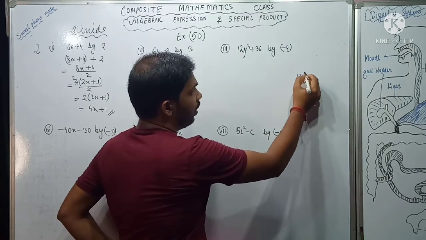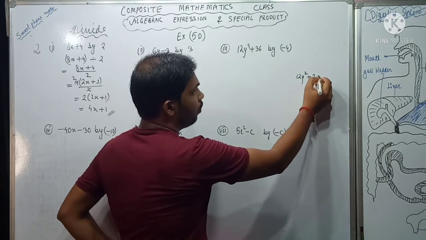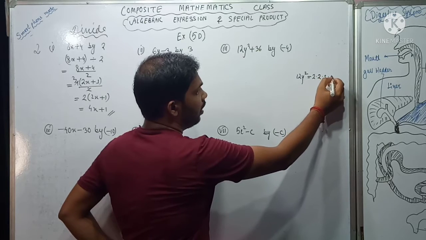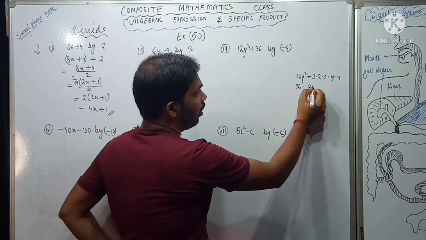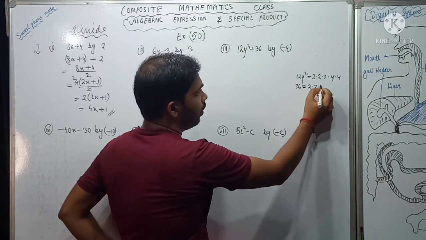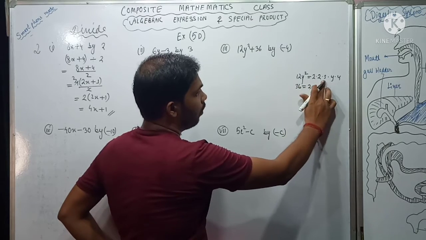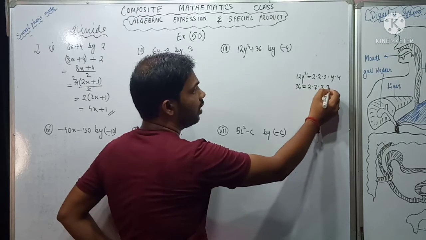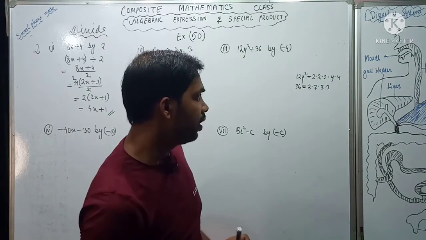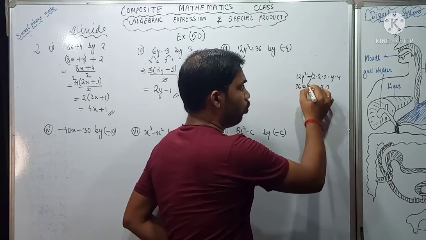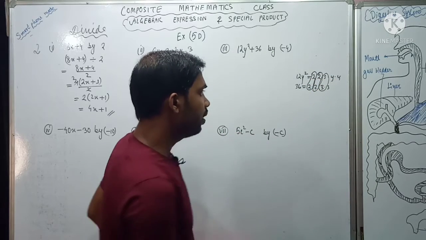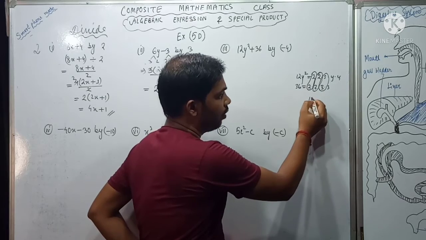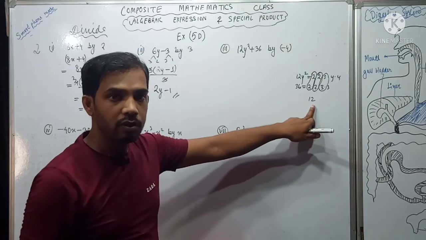Next you see, now what common is coming out you can find out. So it is 12y square. So you can write 2 into 3 into y, and this is 36. So 36 you can write as 2 into 2 into 3 into 3, 2 2s are 4, 4 3s are 12, 12 3s are 36. Now you see what common is coming out. So you see 2 is common, 2 is common, 3 is common. That means when you multiply, 2 2s are 4, 4 3s are 12. That means 12 is common here.